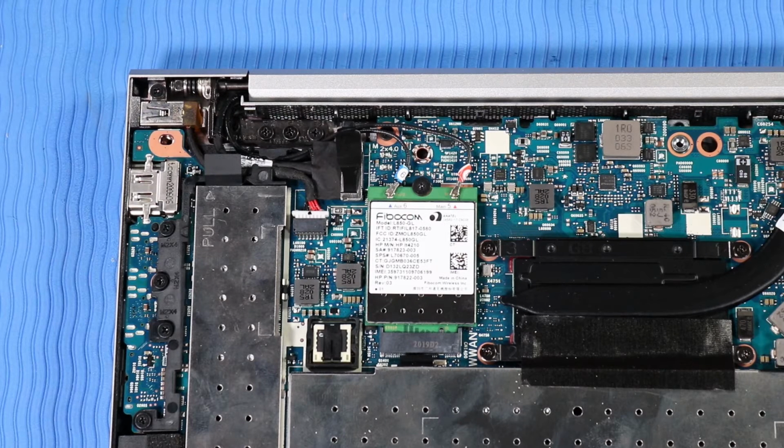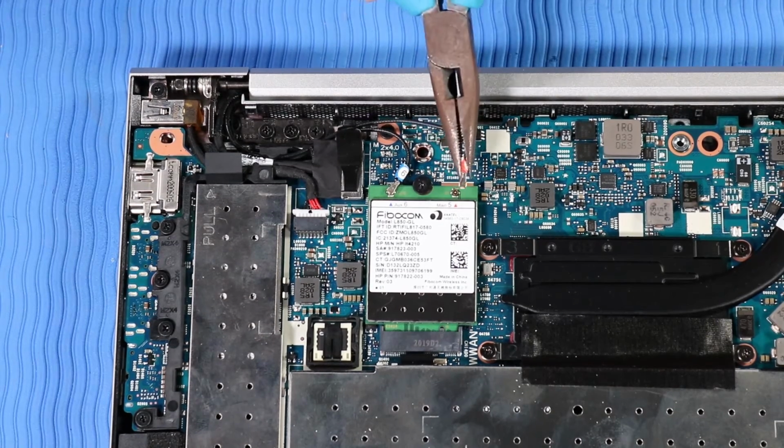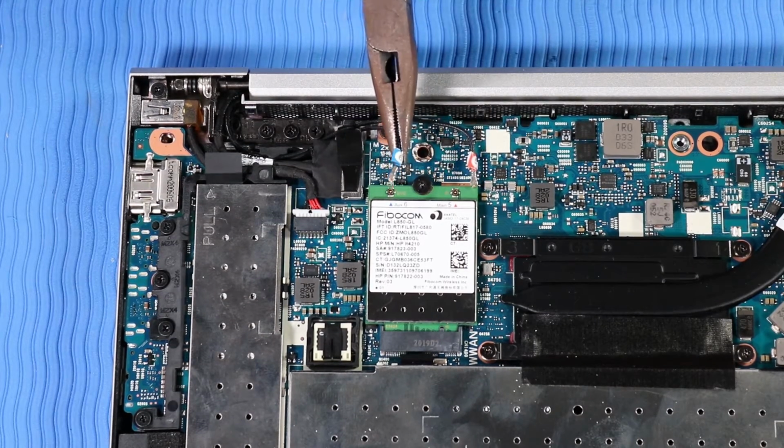Caution. Use care when disconnecting the wireless antenna cables from the wireless module. A damaged cable or connector can degrade notebook performance. Carefully disconnect the wireless antenna cables from the wireless WAN module by grasping the connectors with a small pair of